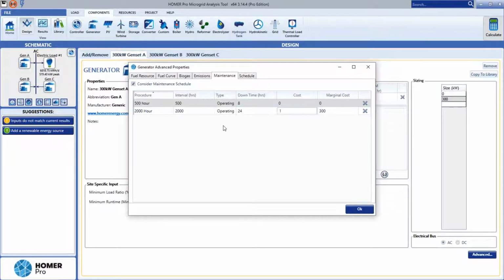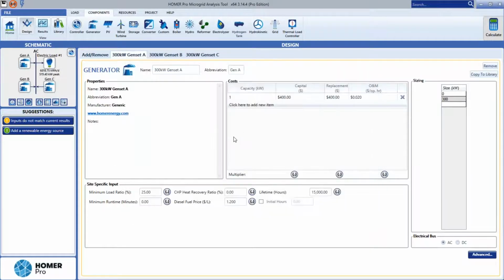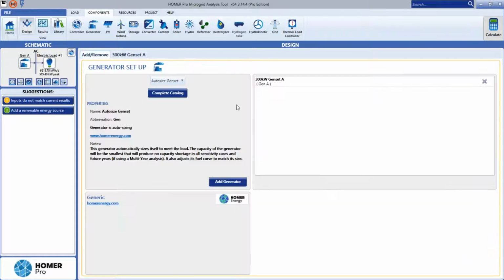But we'll be focusing more on how HOMER would consider maintenance in dispatching the gensets. So we have that for genset A. What we can do is also replicate that for the other genset. One thing we can do is copy to the library, and we can delete this one and copy genset A with the new parameter. So we can remove that, also remove B, but we can add our genset A